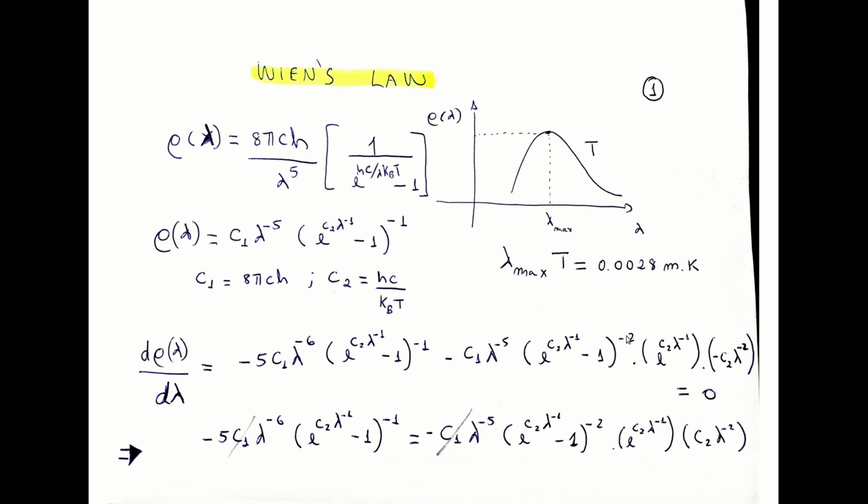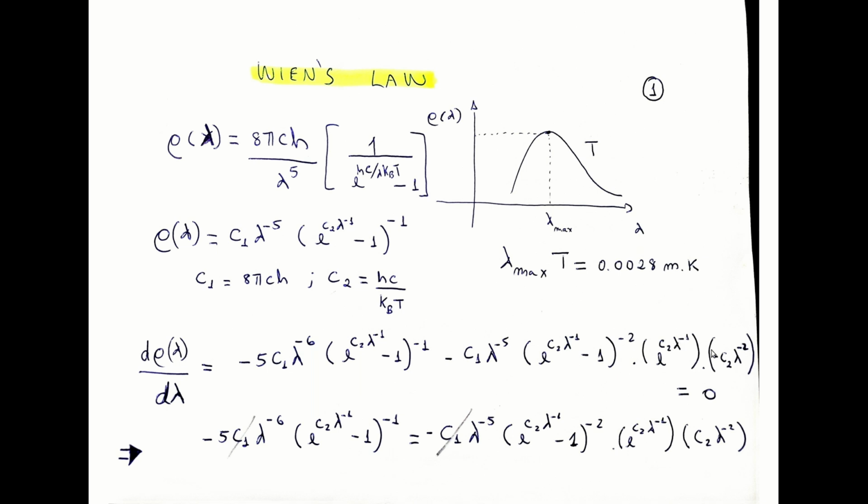But remember, we are deriving with respect to lambda, so lambda is inside the parentheses here, so we have to derive whatever function is inside the parentheses. We have two functions inside the parentheses: the exponential function, and the minus 1, which is a constant. So we have to calculate the derivative of this function, and the derivative of the exponential function is just the exponential function itself. But then again, lambda is in the argument of the exponential function, so we have to derive